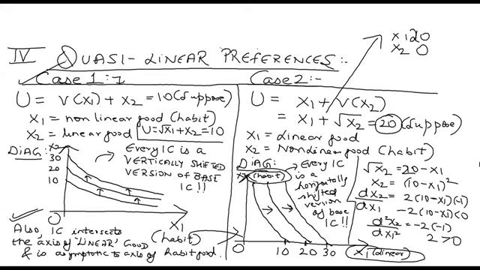Sir, I missed a little bit of the part in the beginning when you were teaching us the two cases. So I had to ask, are all non-linear goods habits? Yes. They are habits because they are consumed in a particular behavior. Suppose you have root x1. So there's a behavior of x1 which is being followed. That's a habit for us.